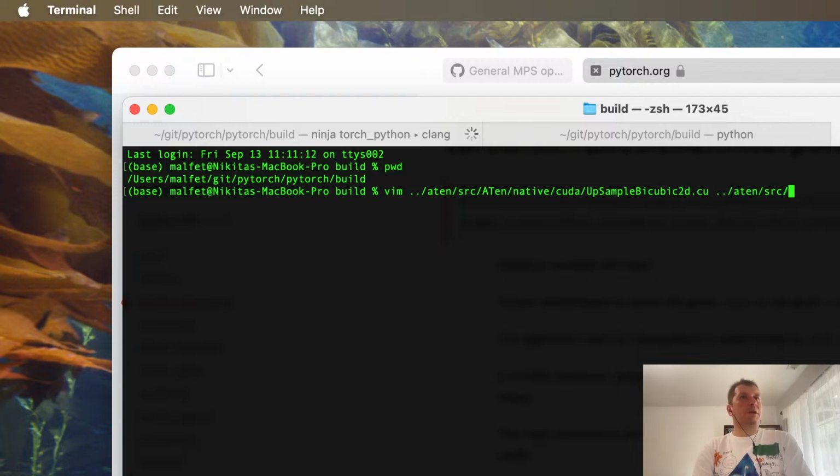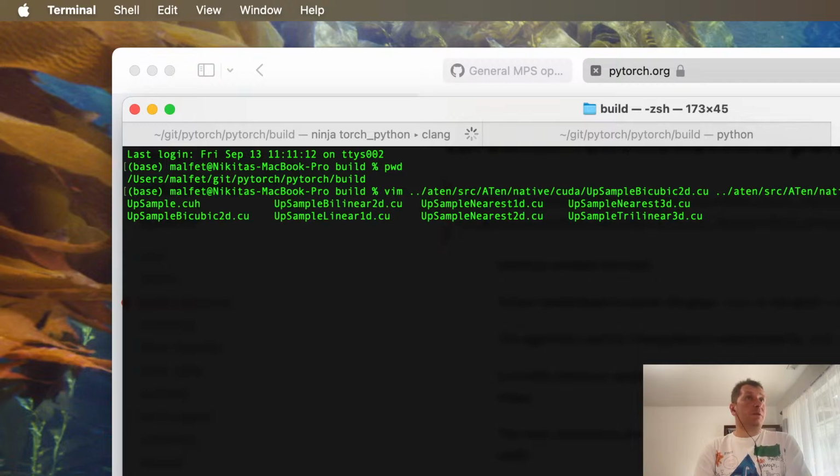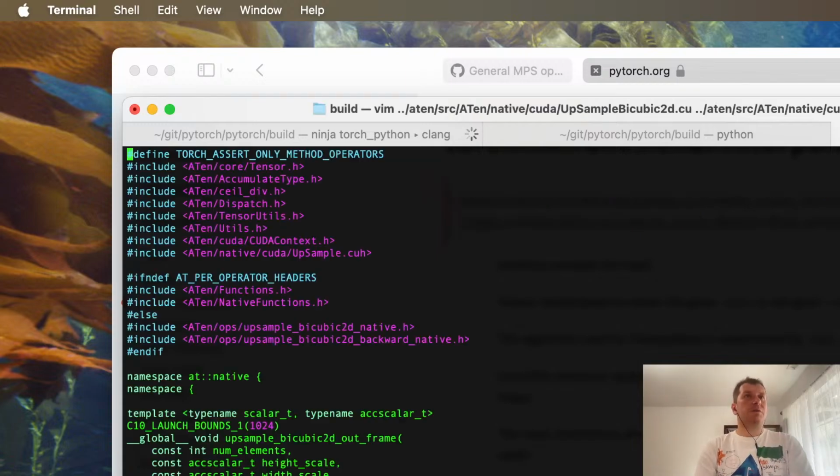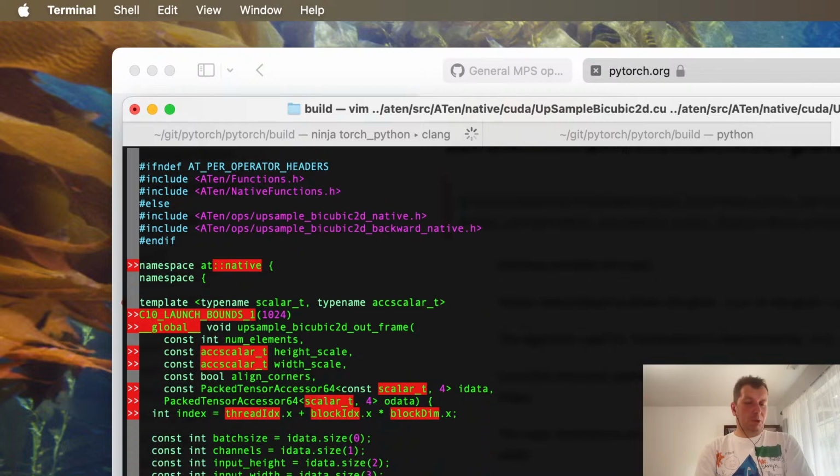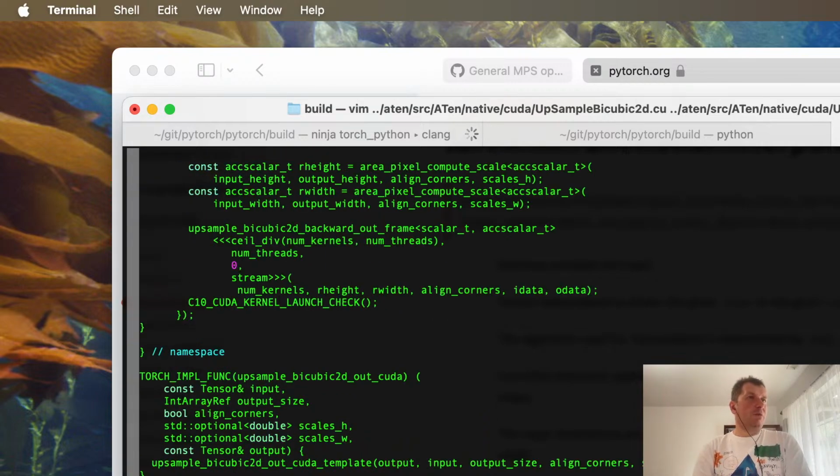And I know ahead of time that I will need UpSample.h that will contain some of the helper functions, right? So in UpSampleBicubic2d there's the elements, height, width, accessor, and that's more or less the implementation of the kernel on the GPU side. And down there, we should be able to see the implementation of the operator,